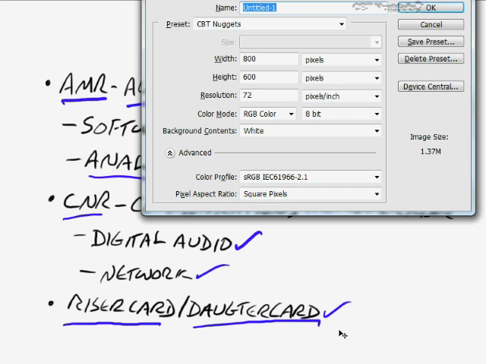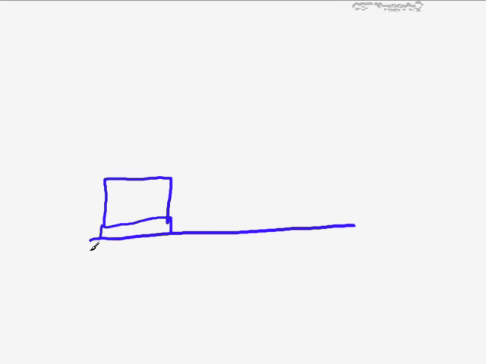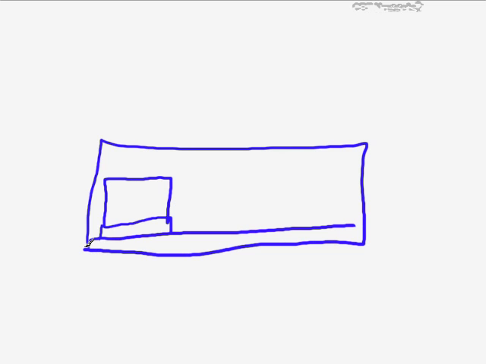And what goes on with these things, let me just start a different whiteboard here, is that you would have, let's say, your motherboard here, and we're just looking at the thin edge of the motherboard right here, and then you might have some expansion slots back here and stuff like this. And you could only fit in so many of those, especially in smaller form factors, such as micro ATX, NLX, something like that. So what would happen here is, since you had limited space, you could put in a daughter card here that would come up to the full height of the case. For example, maybe this is my total case size.